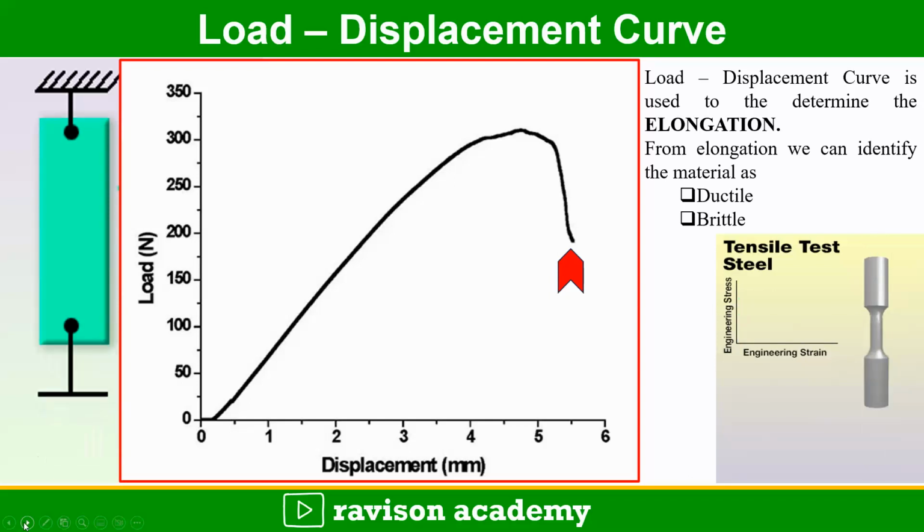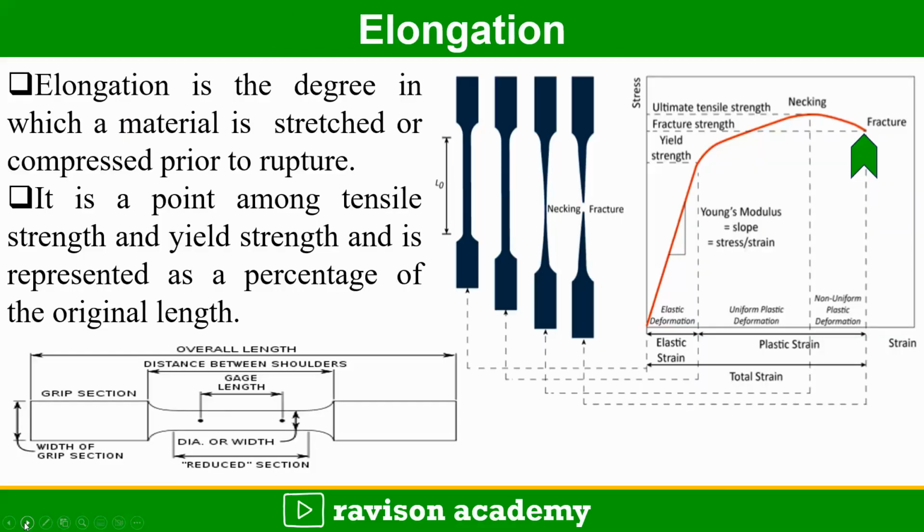So from the load displacement curve, we can find out the elongation property of the material. From the elongation, we can classify the material as a ductile material or a brittle material. The elongation is the degree to which the material is stretched or compressed prior to rupture. It is the point on the tensile strength and the yield strength, and it is represented as the percentage